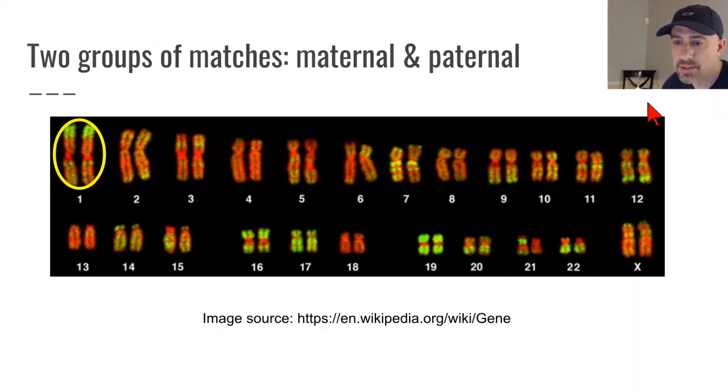You have 2 copies of every single chromosome. 1 copy is from your mother and 1 copy is from your father. So at any given location on any chromosome, you can have matches from your mother and you can have matches from your father. And so your matches at any given point along the genome really break down in 2 groups,